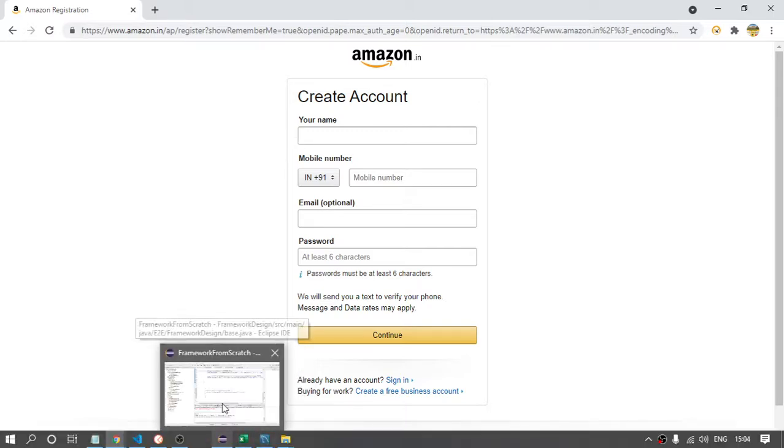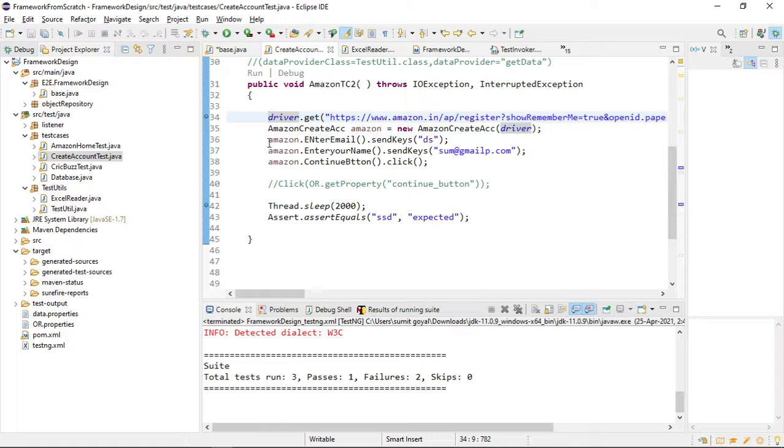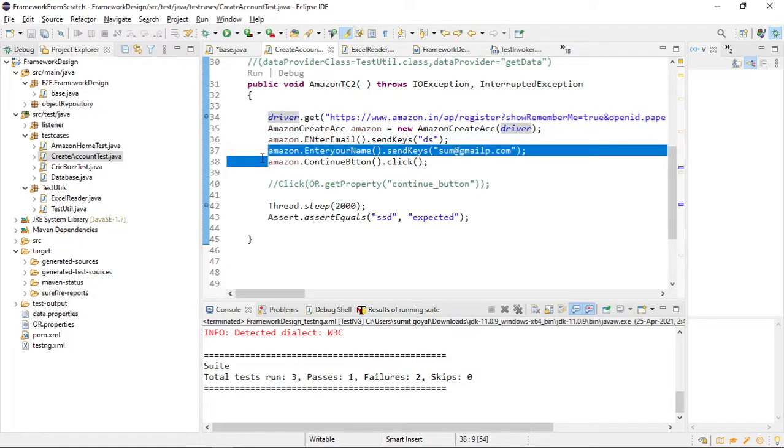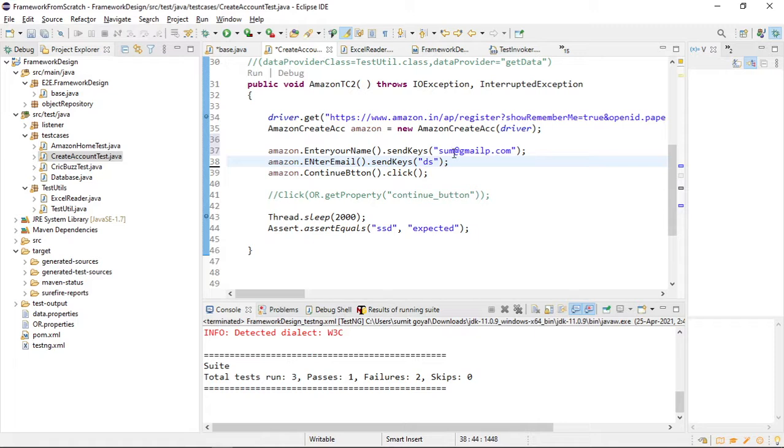So one thing you can do, you can repeat the code. Like if I open the test case for the create account, here I am sending some name and the password. Suppose I want to run this test case 10 times.